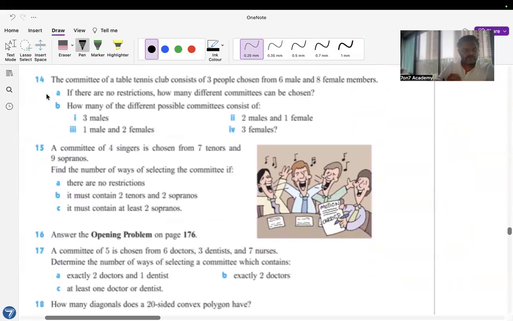This 14. So for no restrictions, then it will be 14C3, because it can be any amount of male and female members. And in B,